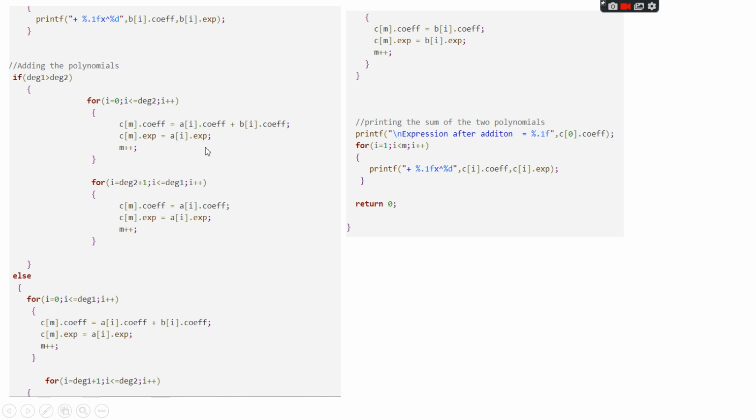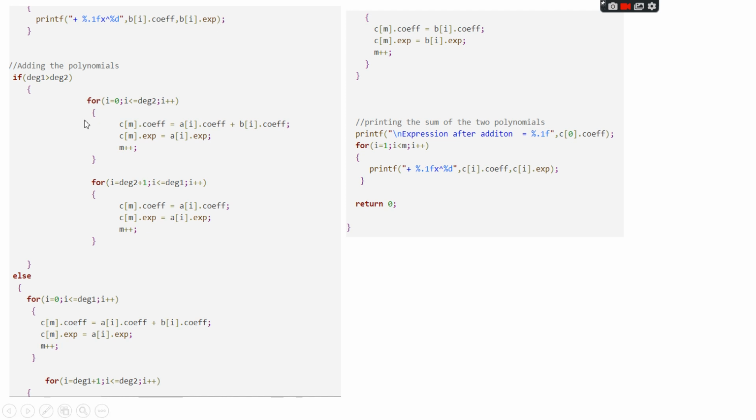Here we can see we haven't included plus b of i dot exp because the powers are the same, be it x^4 of the a array or x^4 of the b array. The x^4 term is the same, so we have taken a of i dot exp, and we have taken m plus plus so as to increase the number of terms of the C array, starting from 0, as long as i is less than or equal to degree 2.